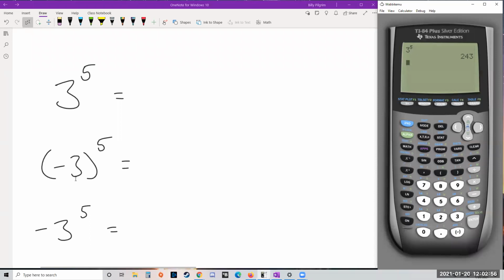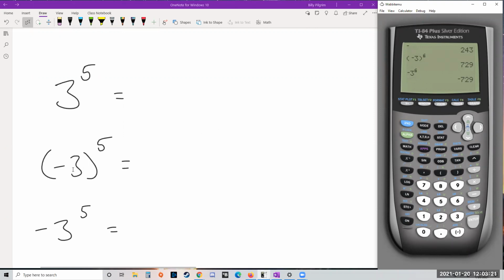I picked a bad example here, I realize, because it's an odd power, so it's not going to matter. Let's make this to the 6th power. So check out, if we do -3 in parentheses and raise it to the 6th power, we get 729. If you do -3 without the parentheses and raise it to the 6th power, you get -729. Remember, the calculator is very literal, and the order of operations says that exponents come before things like subtraction or